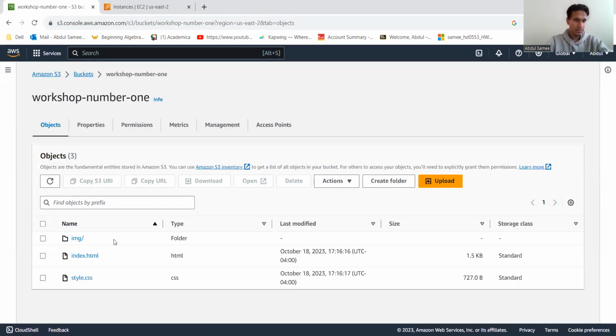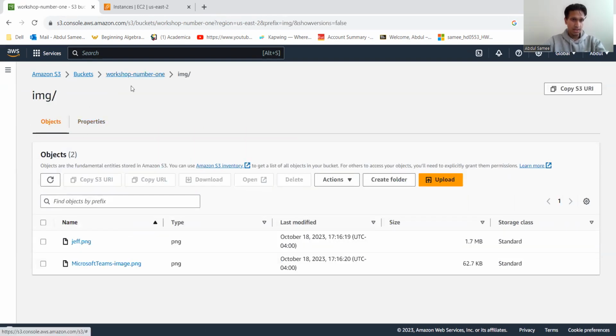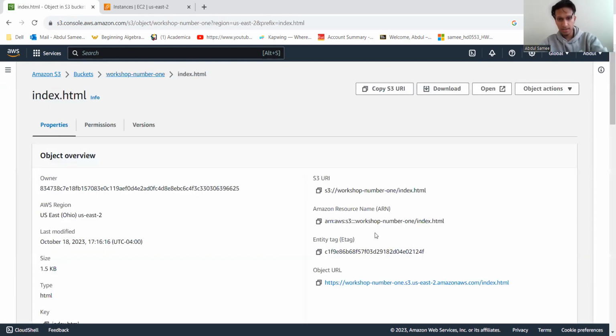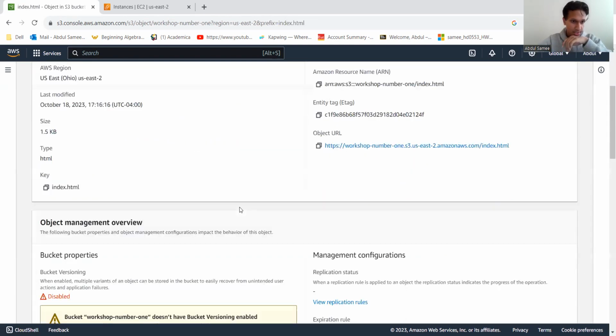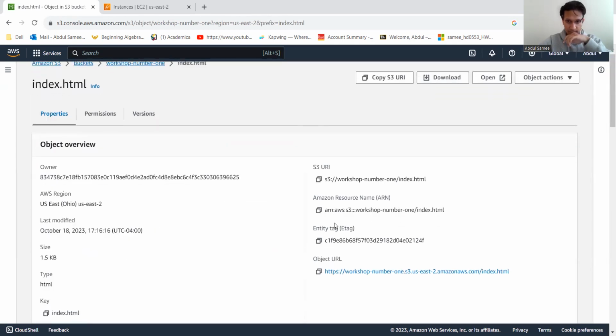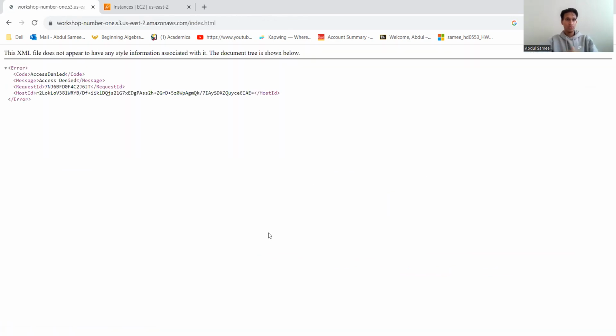And now, as you can see, we can see the assets that we uploaded. We have the image folder with our image assets, and then we go into our HTML file as well as CSS. So let's actually head into our HTML file right here. And as you can see, we have a few things going on here, but mainly we just have to worry about this object URL right here. So if I click this, you'll actually see we don't have access to the website as of right now. So if you go back,